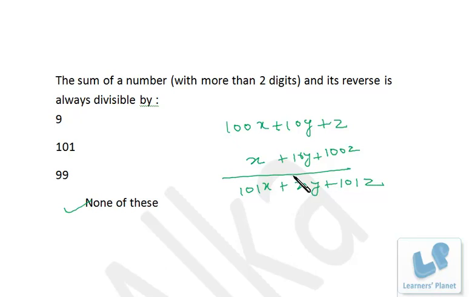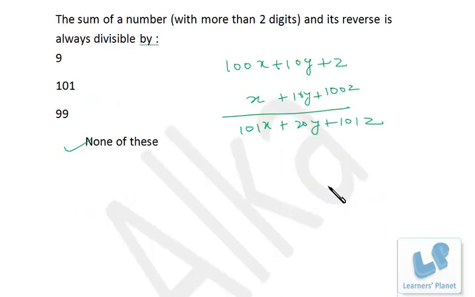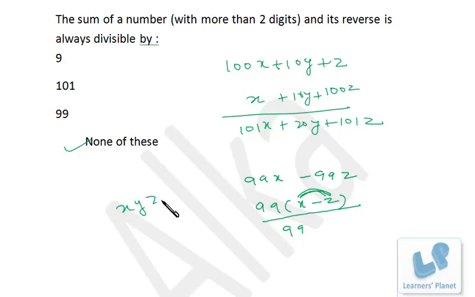But if you see the difference, this question is over, but in continuation with the discussion, if I find out the difference, then what happens? Just see, 100x minus x, that's 99x, 10y will be cancelled, and that's 99z, right? So a 3-digit number, when deducted from the number obtained by reversing its digits, is divisible by 99, right? That means both 11 and 9.